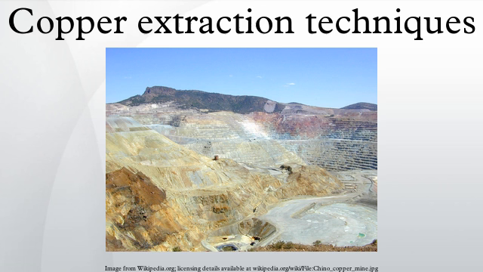Converting. The matte, which is produced in the smelter, contains 30–70% copper, primarily as copper sulfide, as well as iron sulfide. The sulfur is removed at high temperature as sulfur dioxide by blowing air through molten matte: 2Cu2S + 3O2 → 2Cu2O + 2SO2, Cu2S + 2Cu2O → 6Cu + SO2. In a parallel reaction the iron sulfide is converted to slag: 2Fe(S) + 3O2 → 2Fe(O) + 2SO2,